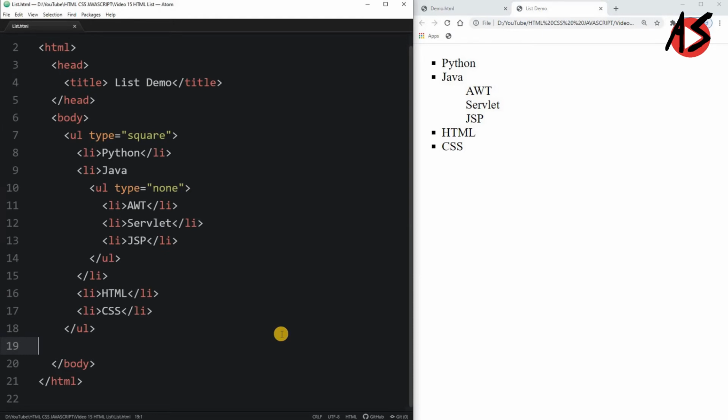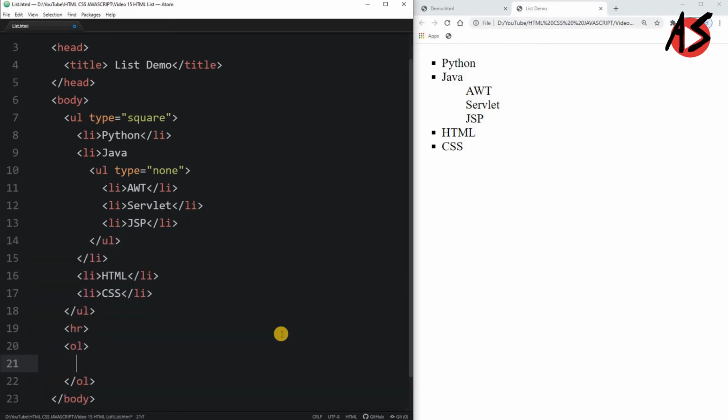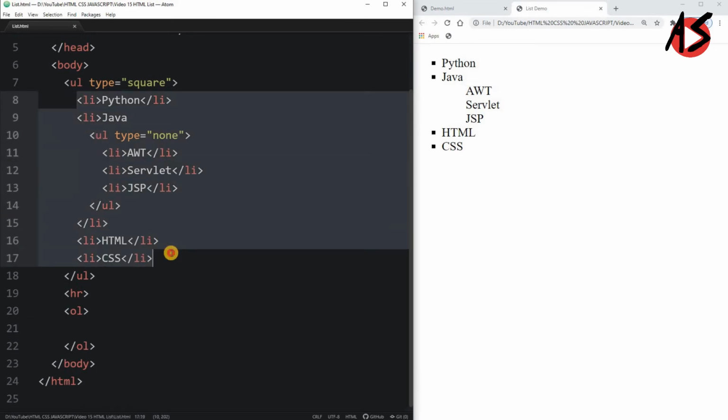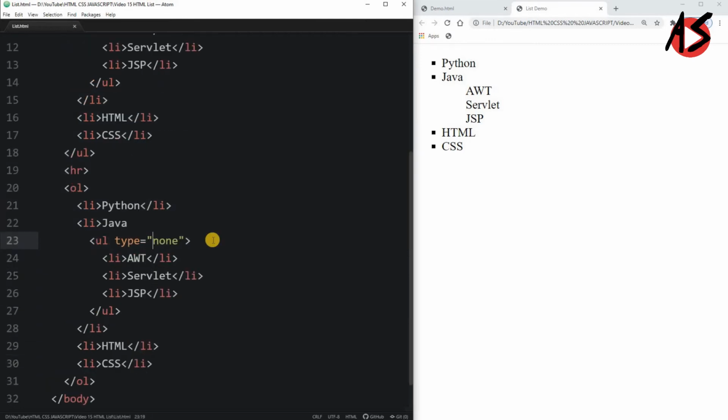Now we will take one HR tag and then take the ordered list. You can give numbers to the items and sub items. Here I am copying the same items from the unordered list, and instead of an unordered list I am making it an ordered list.